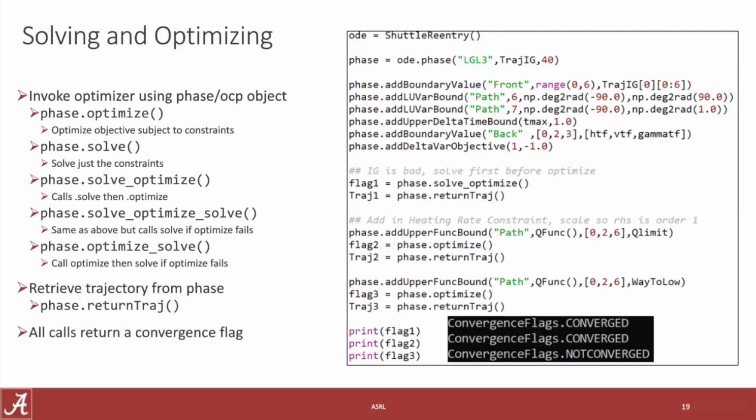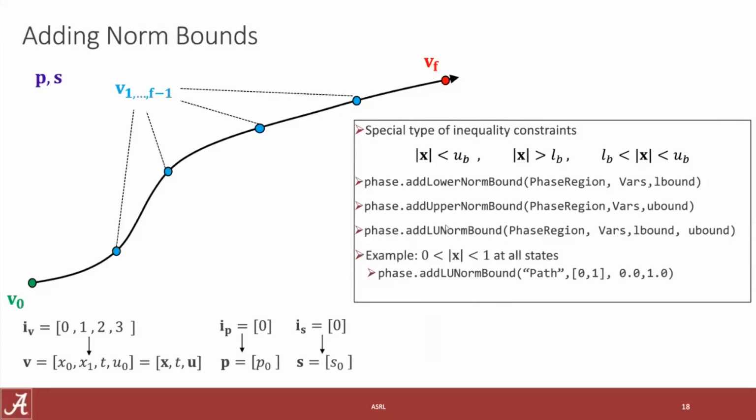Anytime you're looking at solving a problem with phases, if you find that you want to apply a constraint to one of these intermediate points, that is a good signal to you as a user that you should actually have multiple phases and patch those phases together at that point. So if you have a periapsis pass that you're trying to apply a constraint to or